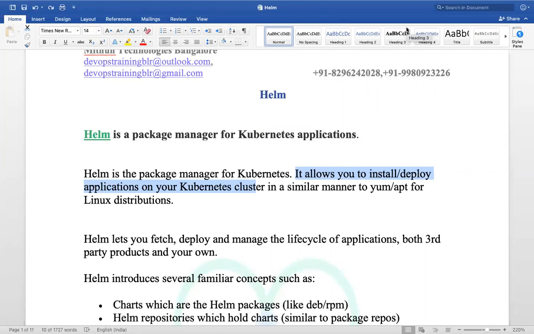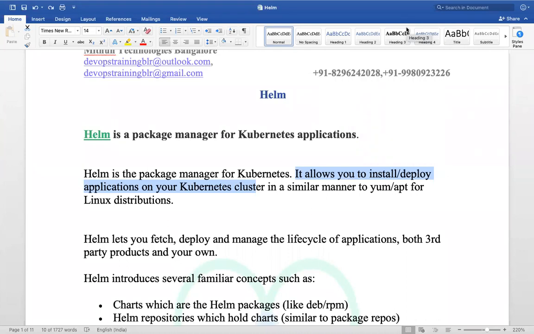We are installing some software packages using yum and apt. Can't we install those softwares without yum and apt? We can, but what is the advantage? It is simplifying the process of installing the software.